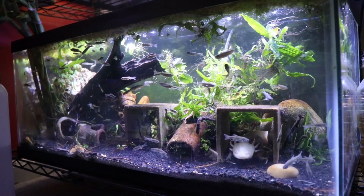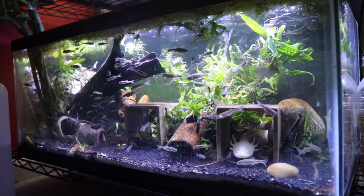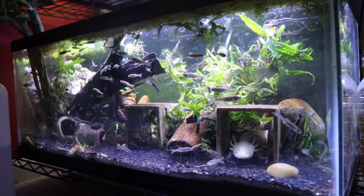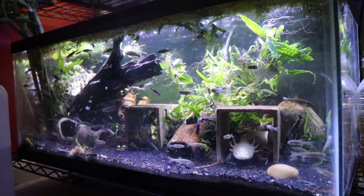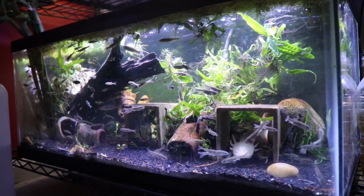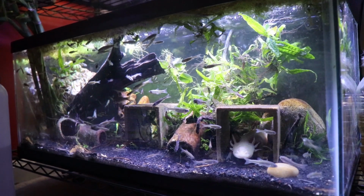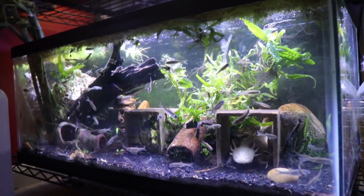So in this video, I'm going to be breaking down how I personally keep axolotls through my years of keeping them in the shop as juveniles or trade-in adults, and the pair that I have now. This pair was given to me by one of my friends a couple years ago when he was trying to break down some of his systems to focus on some other of his own personal projects. But I was happy to take them being golden albinos, which happens to be one of my favorite morphs